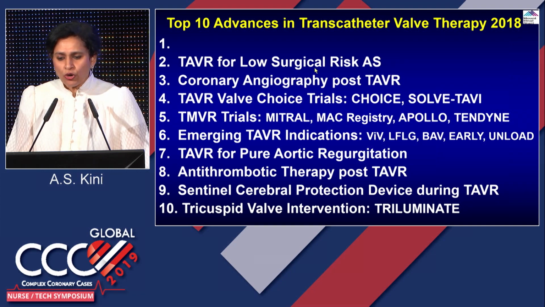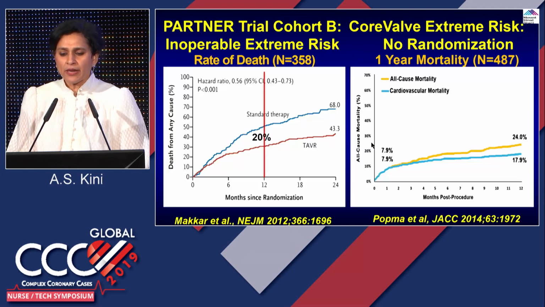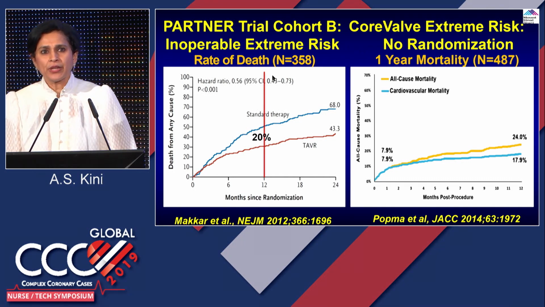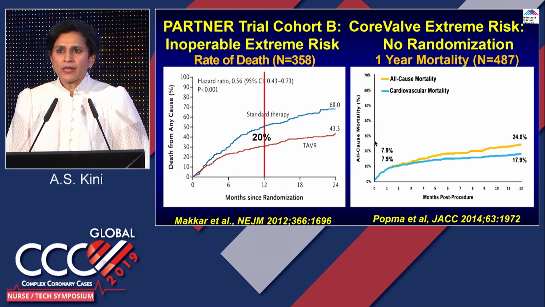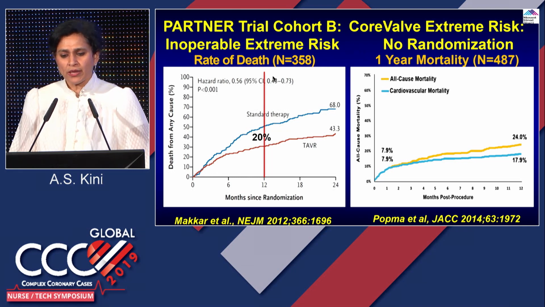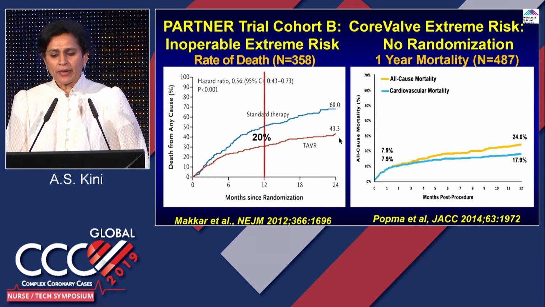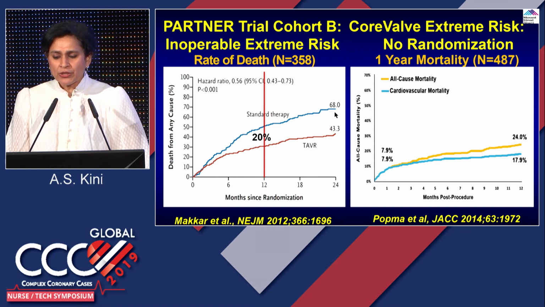Then TAVR for low surgical risk. Why are we talking about this? Like I mentioned, when TAVR came out, it was meant for extreme risk patients. Now, what are we talking about with risk? It is called STS risk, where they take patient age and several other comorbidities. Less than 3 is called low risk, 3 to 8 is intermediate risk, above 8 is high risk. So these were essentially for extreme risk, where they compared medical therapy versus TAVR, and definitely